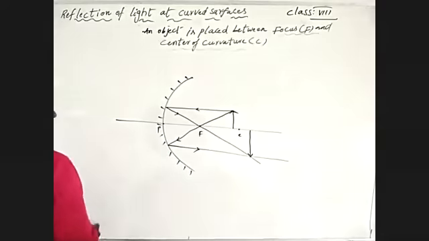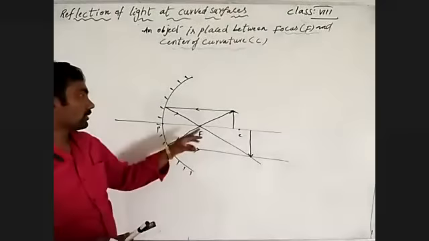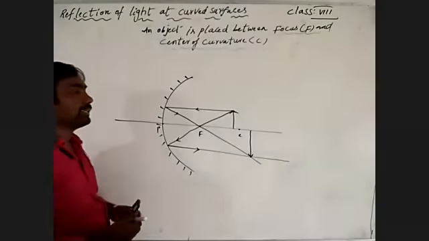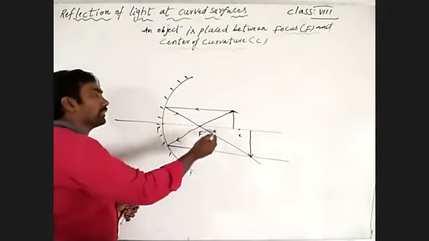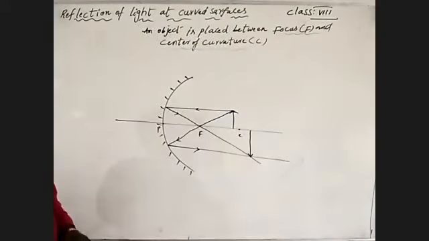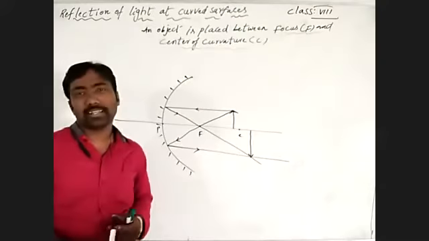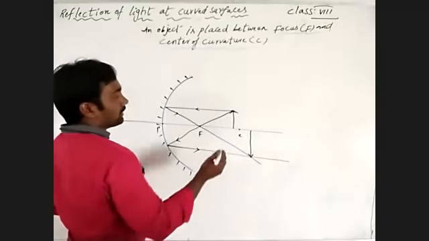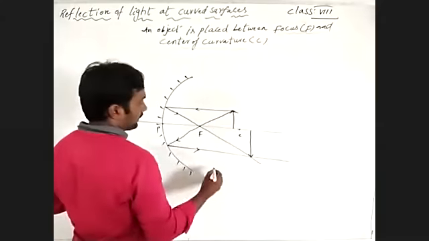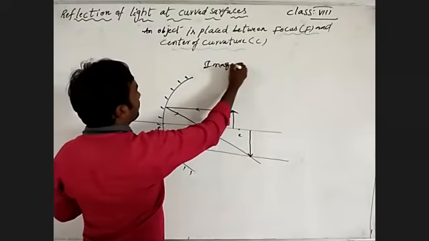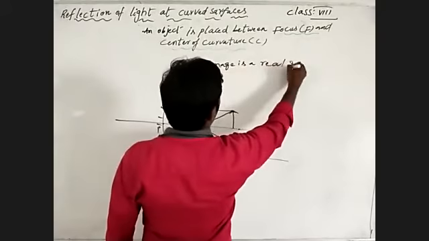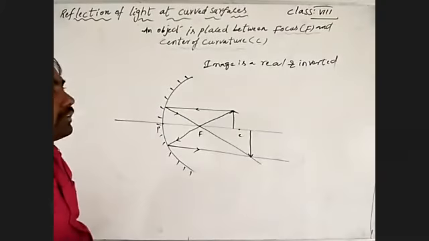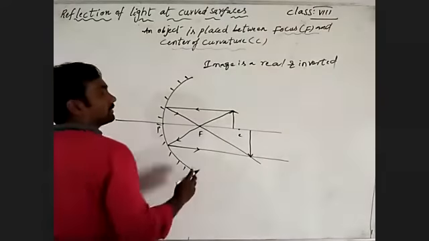See here, the top of the light rays are brought downwards, so that's why it made an inverted image. The top light rays are giving reflection downward, so the image is formed only by reflected light rays. Where they intersect, we get an inverted image. By using a screen, we get it, so the image is real and inverted. Then the character of the image.